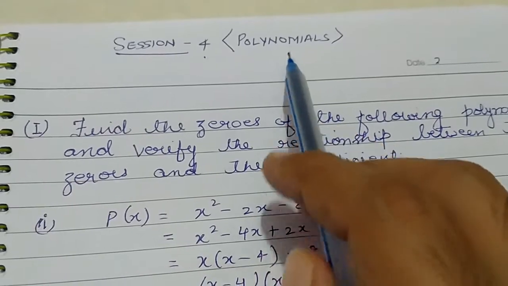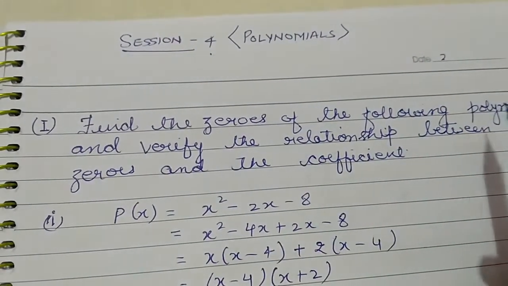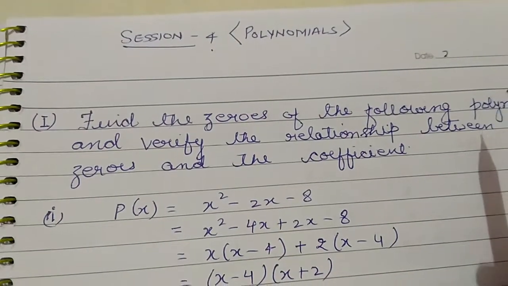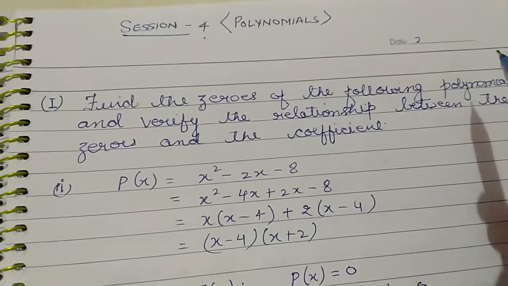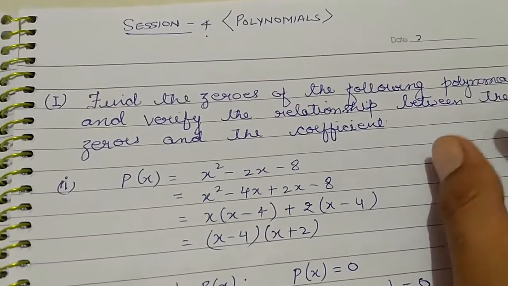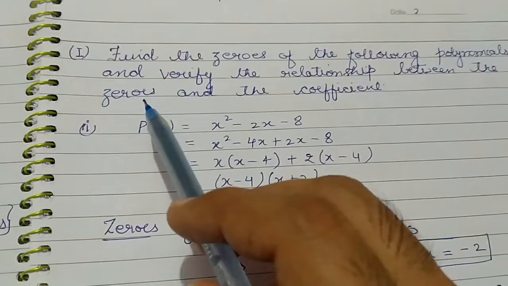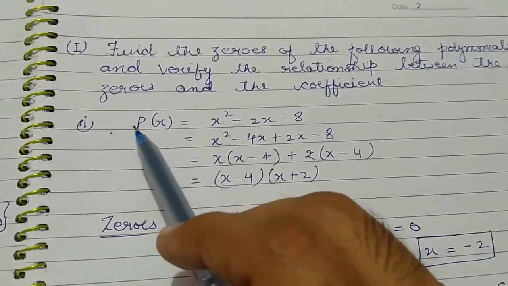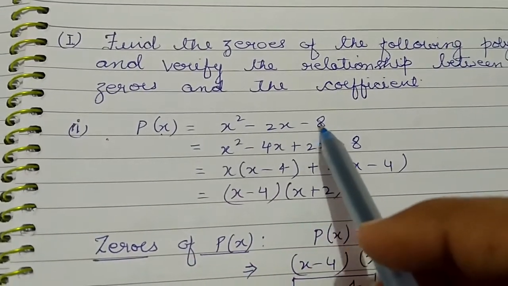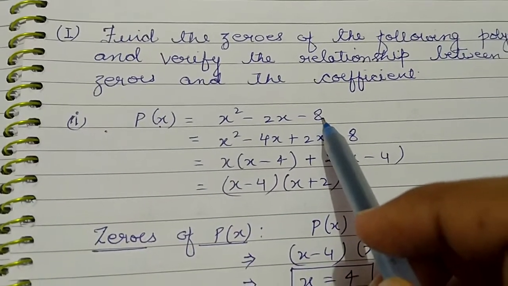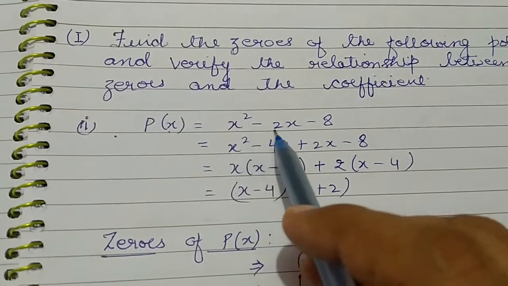Today, in this session, we shall find the zeros of the polynomial and then verify the relationship between the zeros and the coefficient of quadratic polynomial. In the first part, we have given a polynomial p(x) which is equal to x square minus 2x minus 8. First, we shall find the zeros of this polynomial,